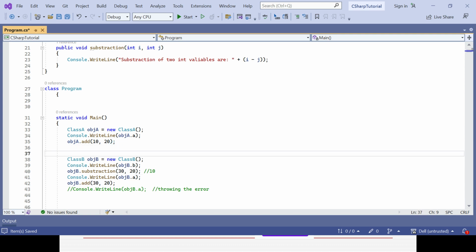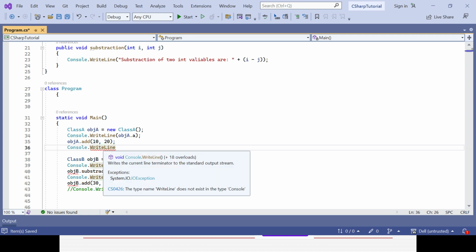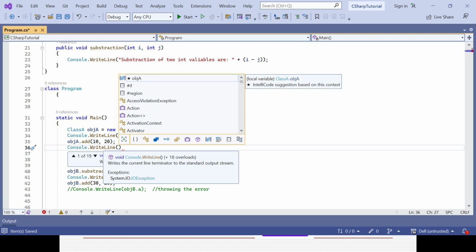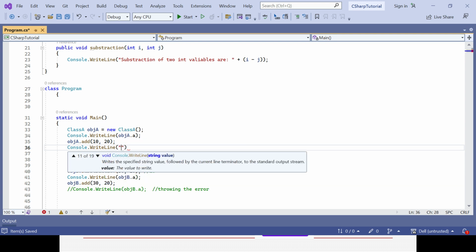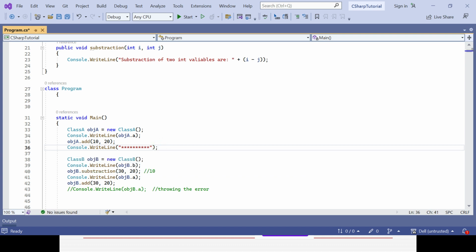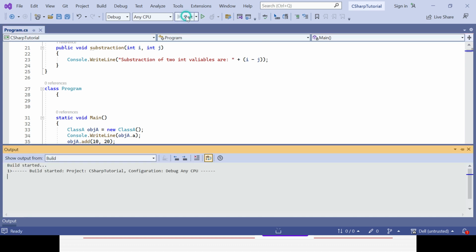Here you can give some differences so that you can easily understand how it is working. That is the differentiator for the class A object and class B object. Now if you execute your code,